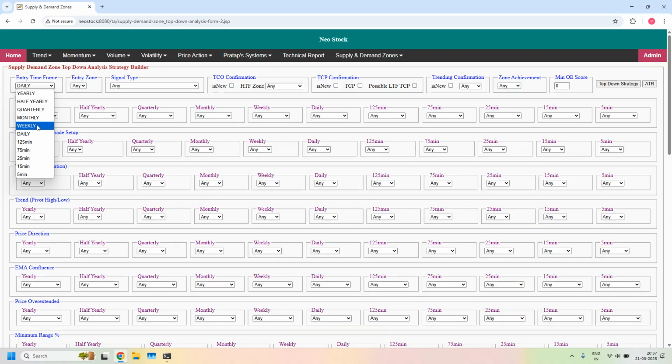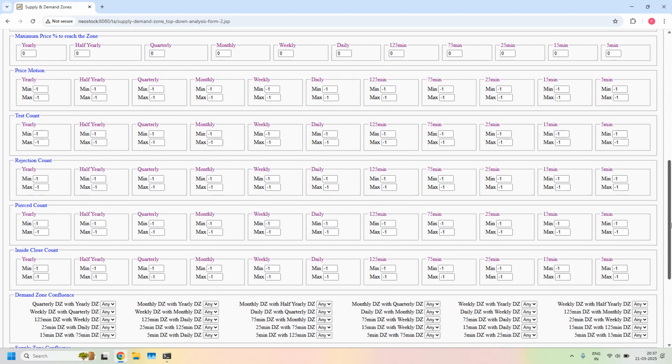So select the weekly time frame in the demand zone confluence. I'm selecting the filter: weekly demand zone having confluence with monthly demand zone, weekly demand zone having confluence with quarterly demand zone, and also